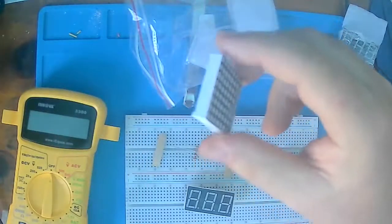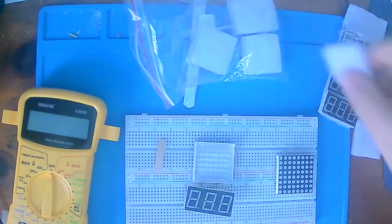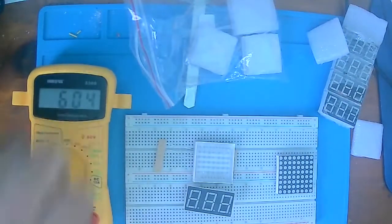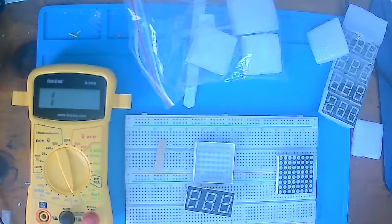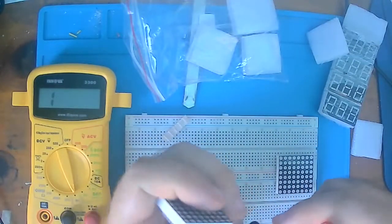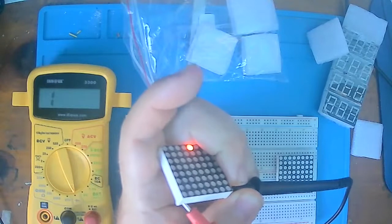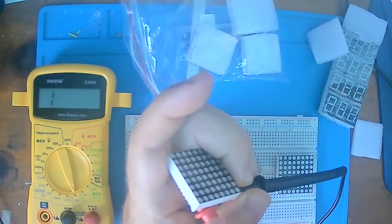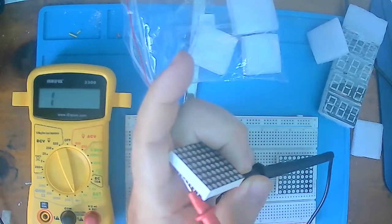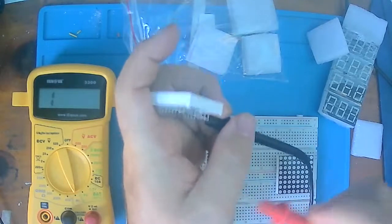Now, I got these off of AliExpress. Not much documentation. I looked for similar ones. So I grabbed my multimeter and it does have an LED function or a diode function. If I was to connect the negative side to one side and the positive side to the other, as you can see, different segments are lighting up depending on where I'm touching. And if I was to change which pins the negative side